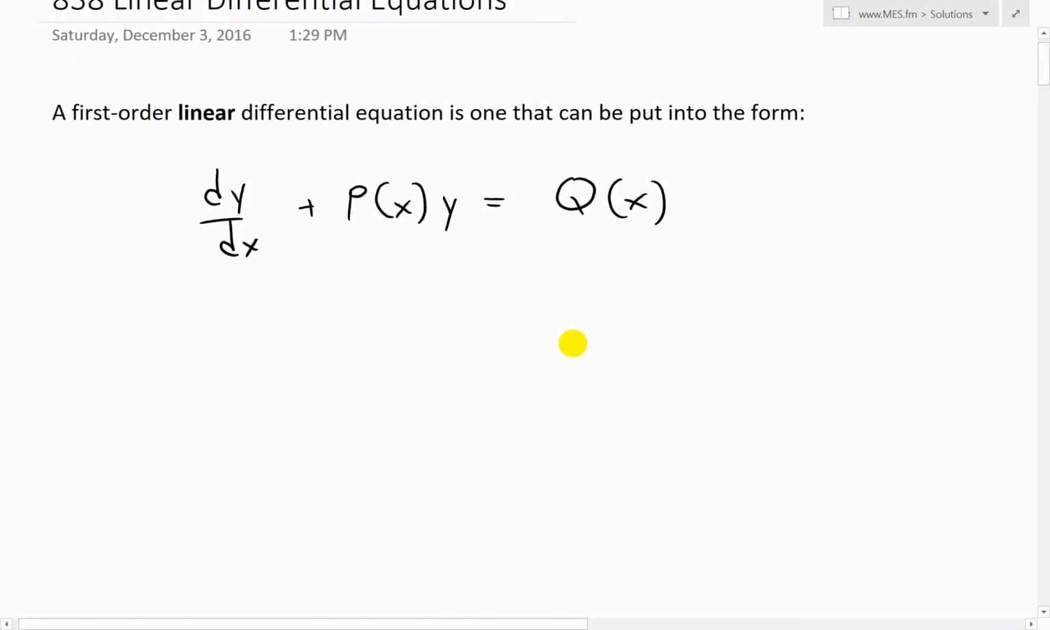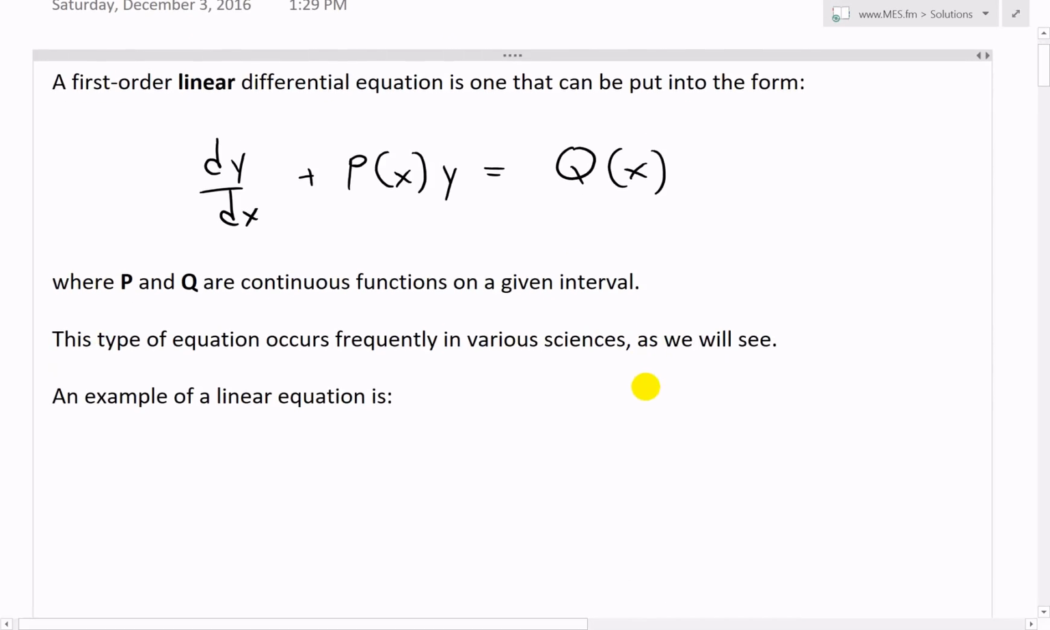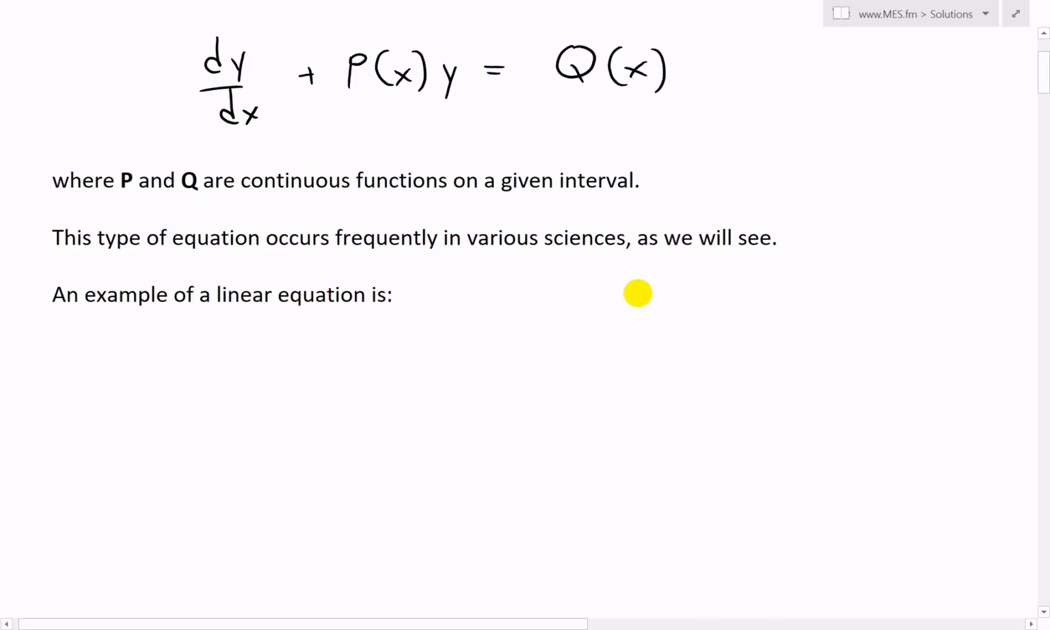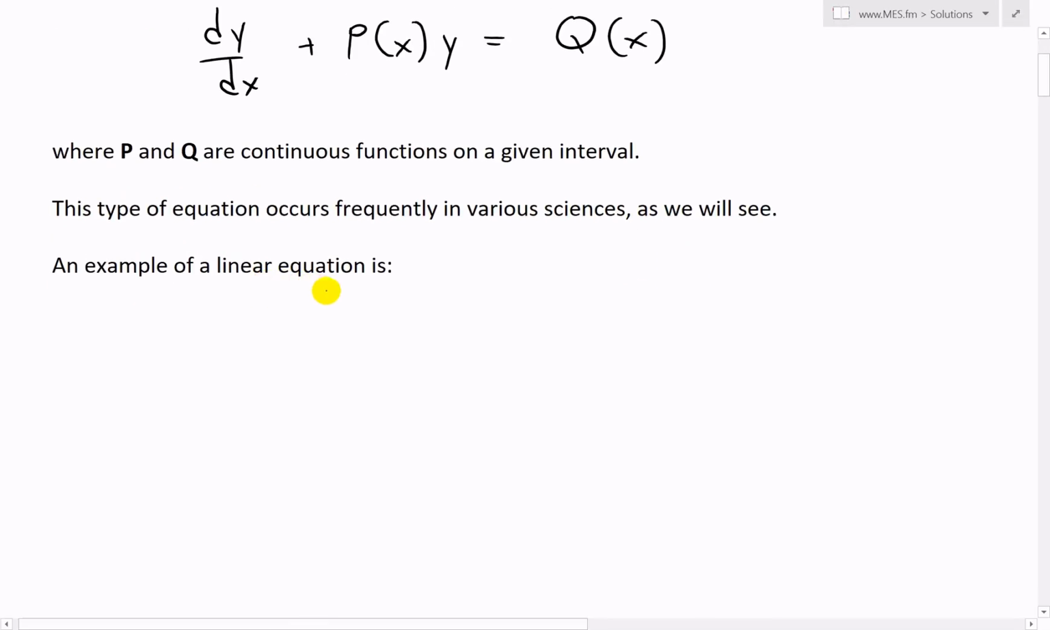So now that we have this, let's move further. Basically, p and q in this equation are continuous functions of x on a given interval. This type of equation occurs frequently in various sciences, as we will see in later videos, so stay tuned for those. Then an example of a linear equation is, for example, if you have x times y prime plus y equals